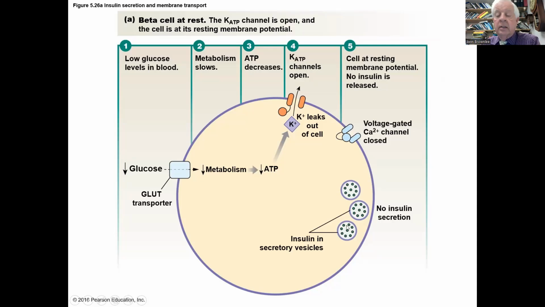The insulin is already in these vesicles. All it needs is for calcium to come into the cell to activate some proteins, which will cause these vesicles to dock with the membrane and release the insulin. So the way we see it now, we don't need any insulin being released because blood sugar level is low. Now, in the next slide,